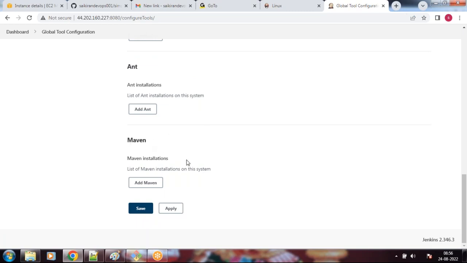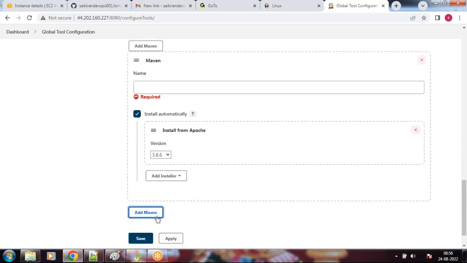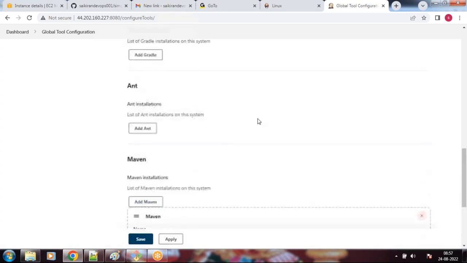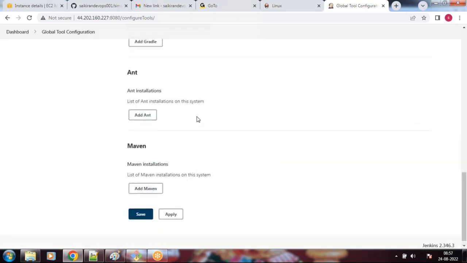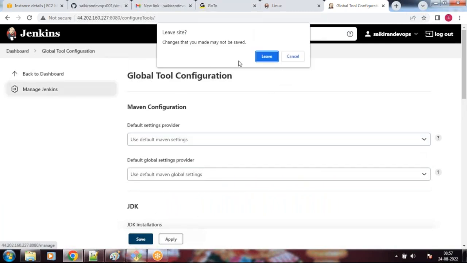Maven is also a build tool. We know Maven, we have gone through Maven, right? So we can add the Maven installation here, the path and everything. It is not required now. We will see these stages later. And if you go to Manage Jenkins again,